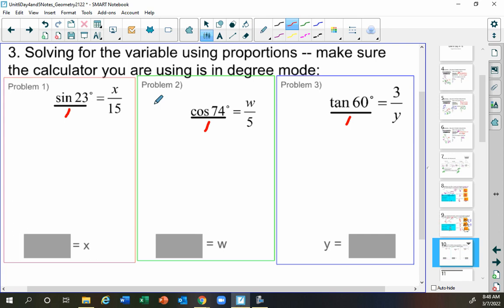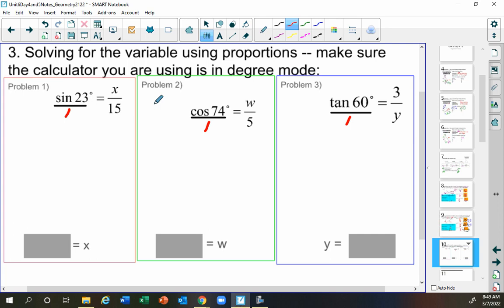Now, here's what's going to happen next. You will need your calculator for this. Because in the end, like your sine of 23, cosine 74, tangent of 60, they're all numbers in the end. Here's how we're going to get these numbers. So